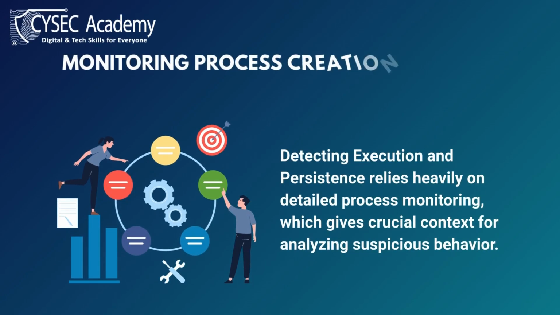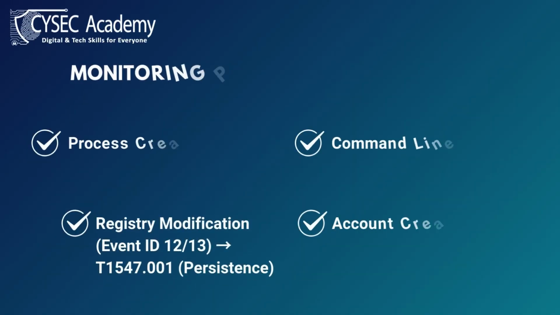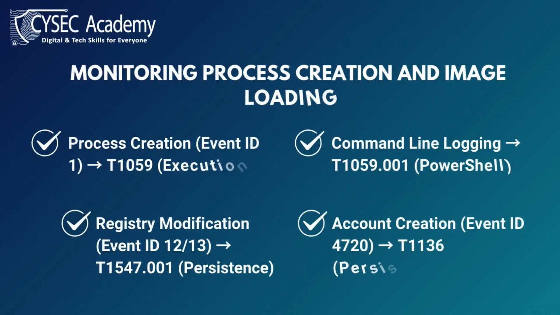Monitoring process creation and image loading. The common thread for detecting execution and persistence is high-quality process monitoring data. This data source provides context essential for behavioral analysis. Under this we have the following. 1. Process creation, event ID 1, T1059, execution: suspicious parent-child process relationships, e.g., Word launching PowerShell. 2. Command line logging,